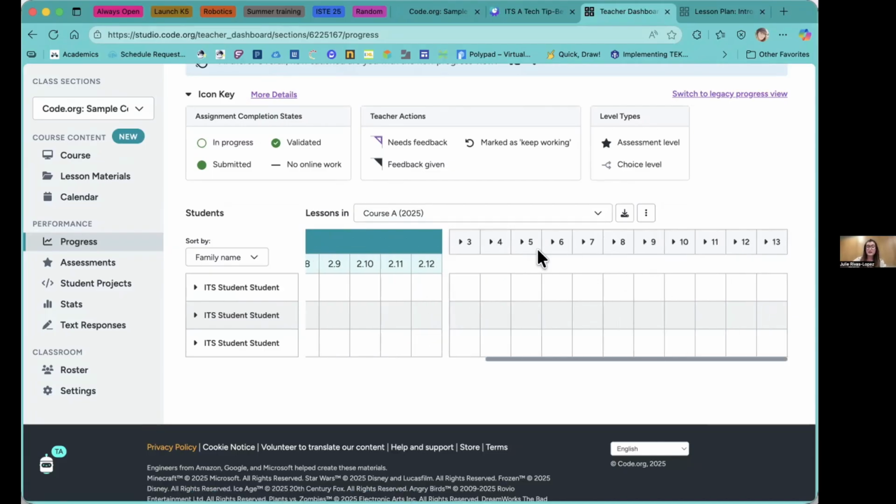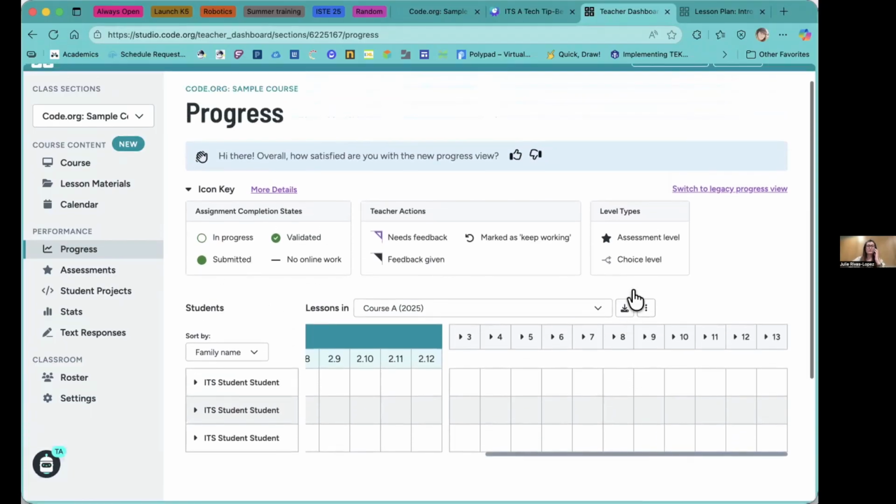And once students get to the end, it does generate a certificate for them to show that they've completed that particular set of activities. Was there something else that I showed here on the other one that I'm forgetting? No, but I did have a question, I guess, now that I'm